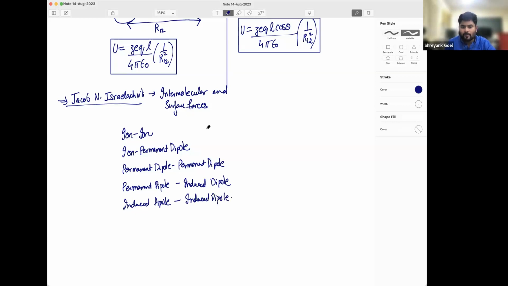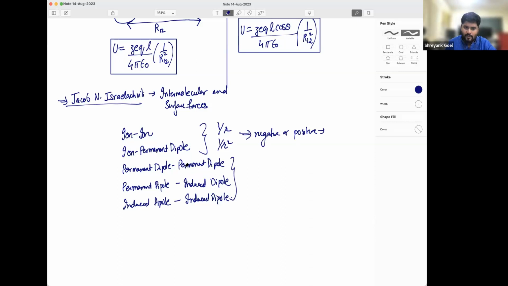So the main characteristic of these kinds of interactions: for ion and ion-permanent dipole, the final sign of the energy can be positive or negative. The ion-ion interaction goes as 1 by r, and ion-dipole goes as 1 by r square, where r is the distance between the two ions, or between the ion and the permanent dipole. So it may be negative or positive,